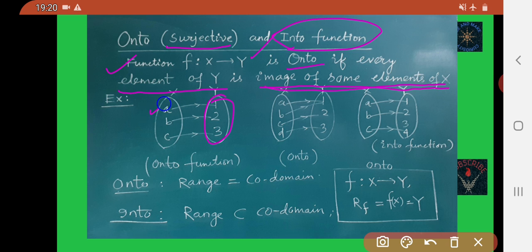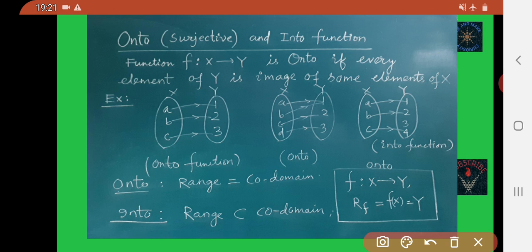So image of A is 1, image of B is 2, image of C is 3. So here you see the pre-image of 1 is A, pre-image of 2 is B, pre-image of 3 is C. So this is an onto function.